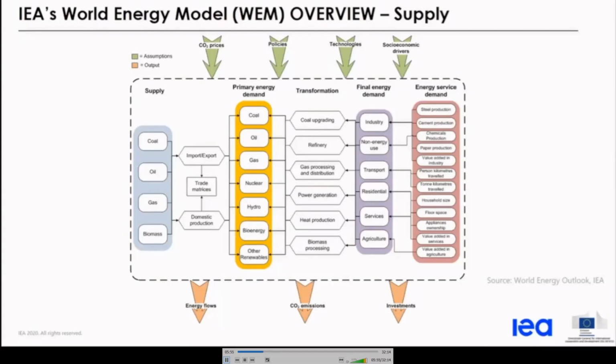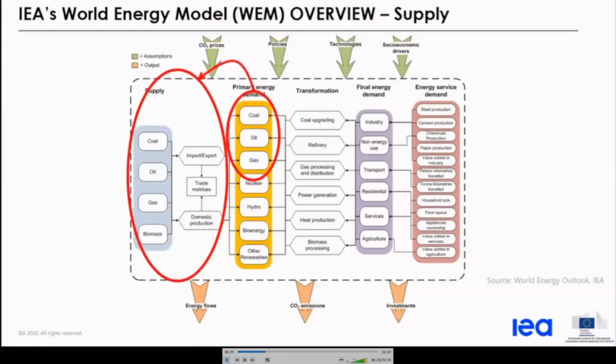The price may be sufficiently stimulating to bring in new investments into a sector, and the price and supply are intricately linked and depend on resources, production costs, and overall policies. In the World Energy Model, we assess a price scenario that maintains a relatively static path forward. In reality, prices fluctuate, and sometimes significantly. The World Energy Model assesses supply of fossil fuels, including coal, oil, and natural gas, as well as traditional and modern biomass.